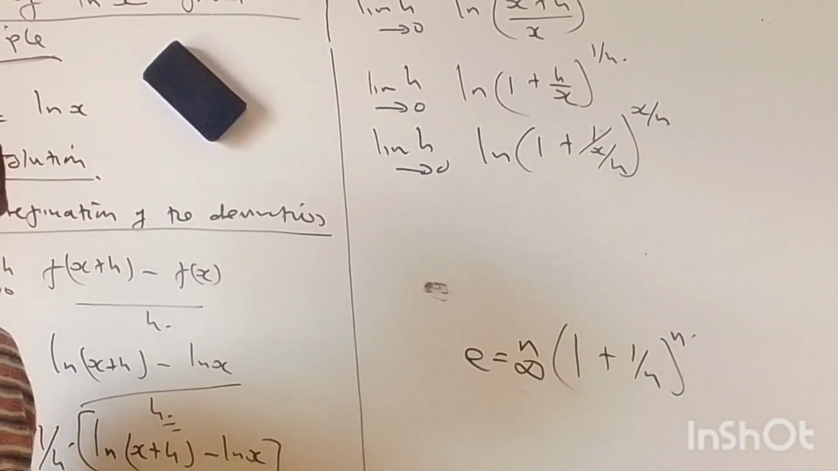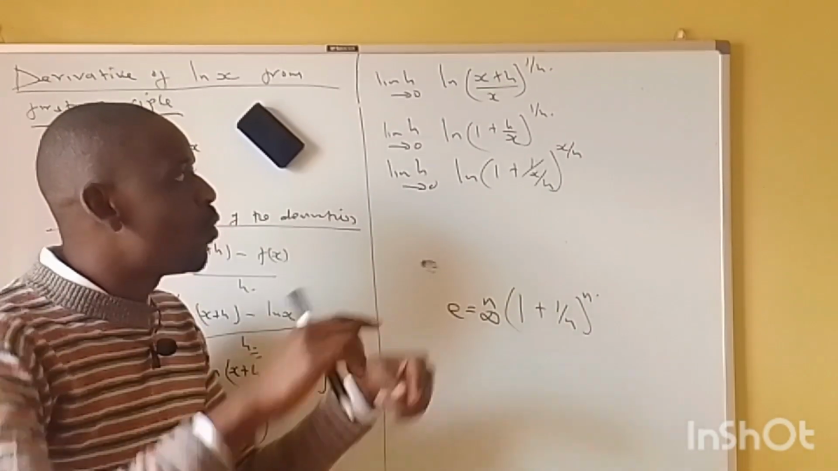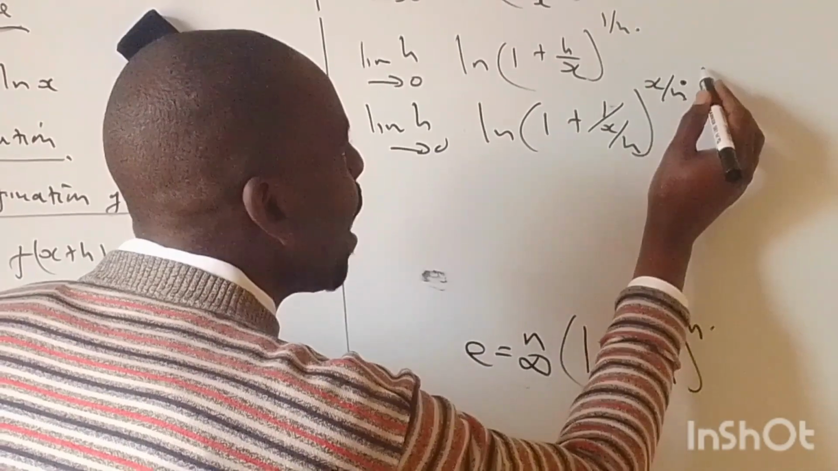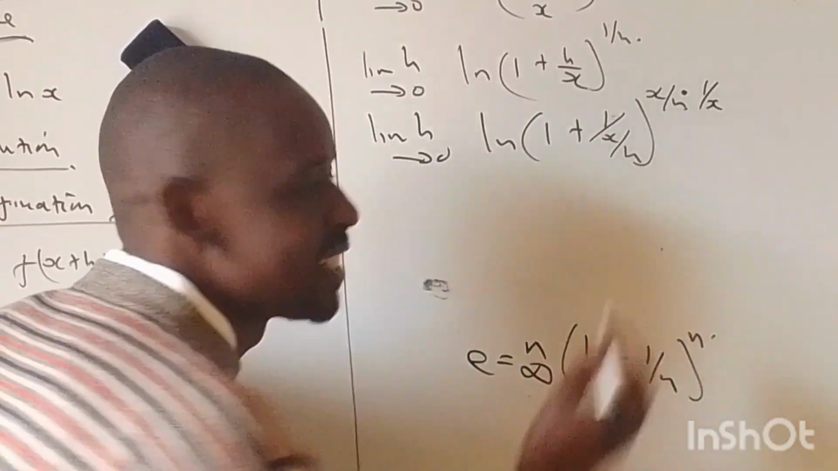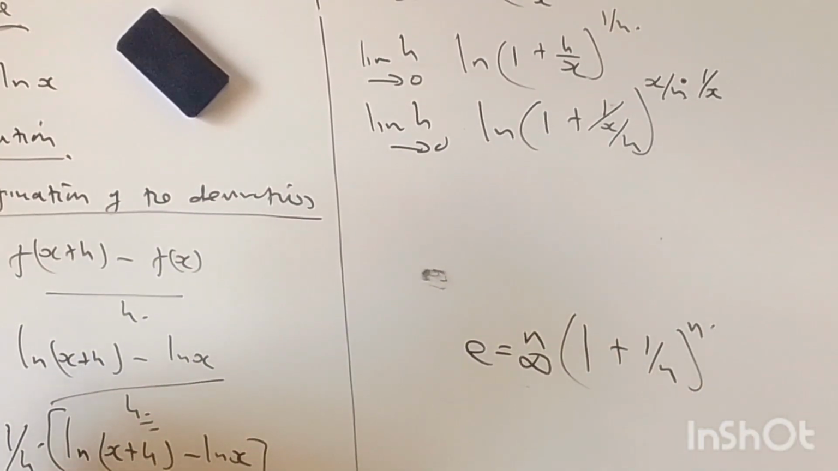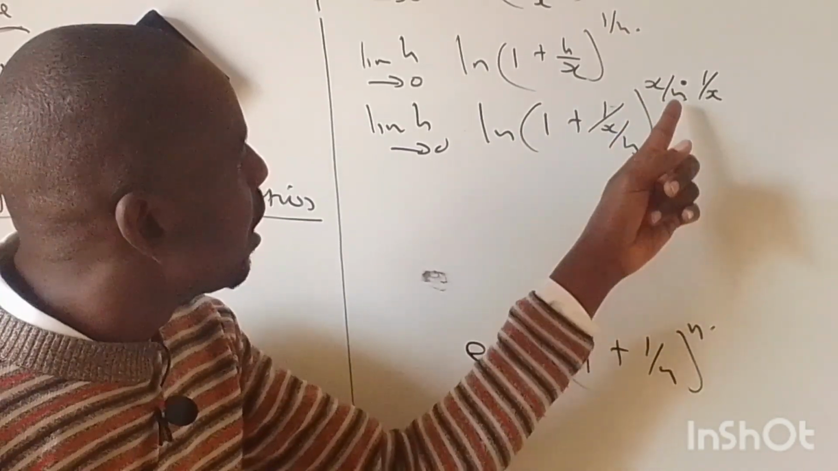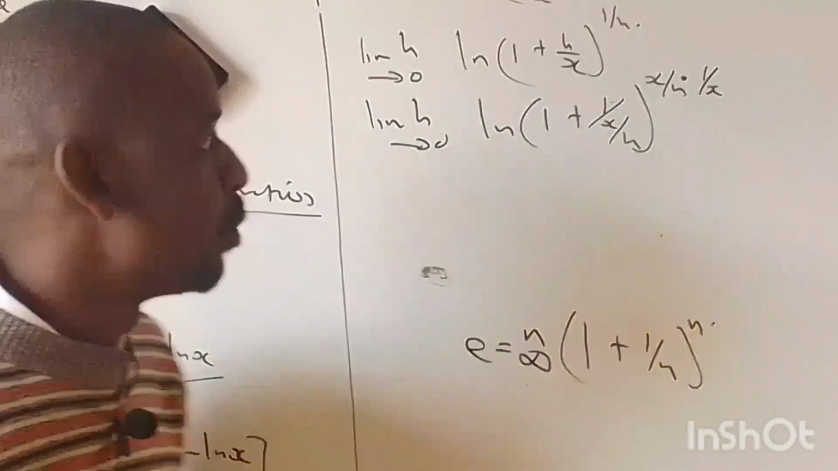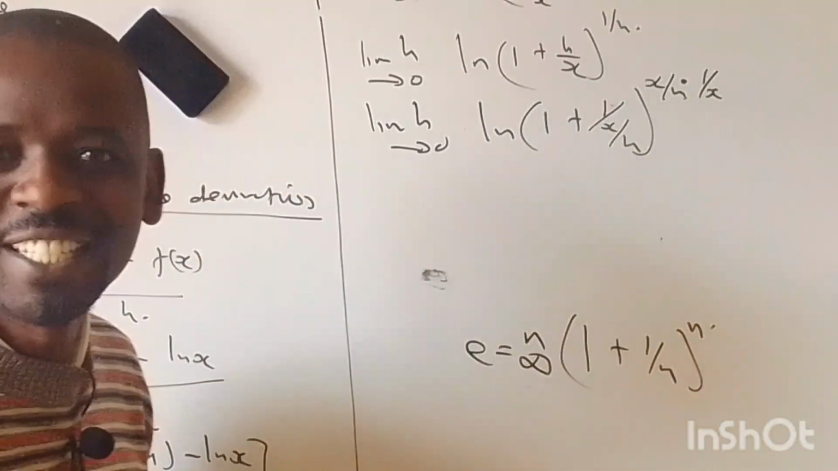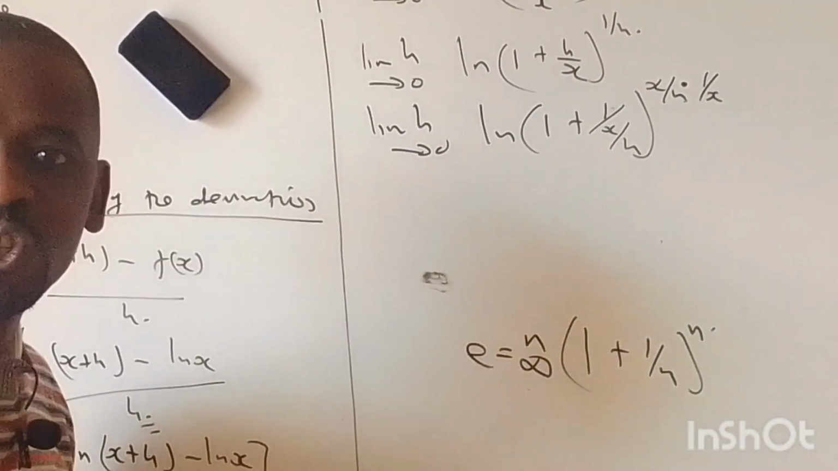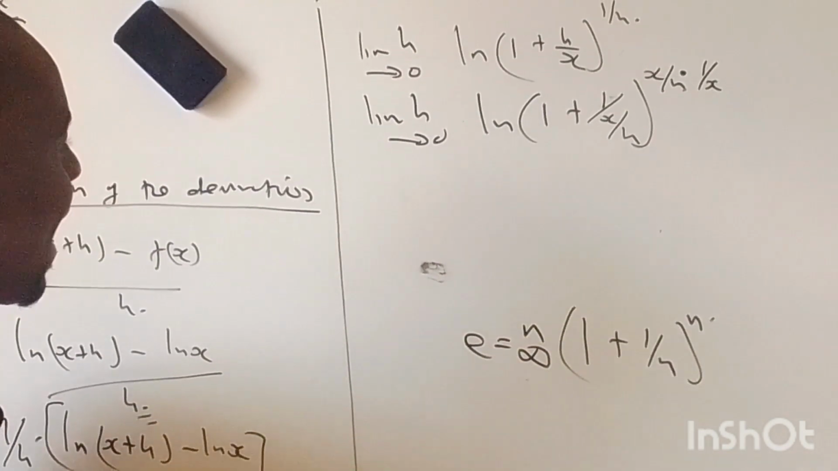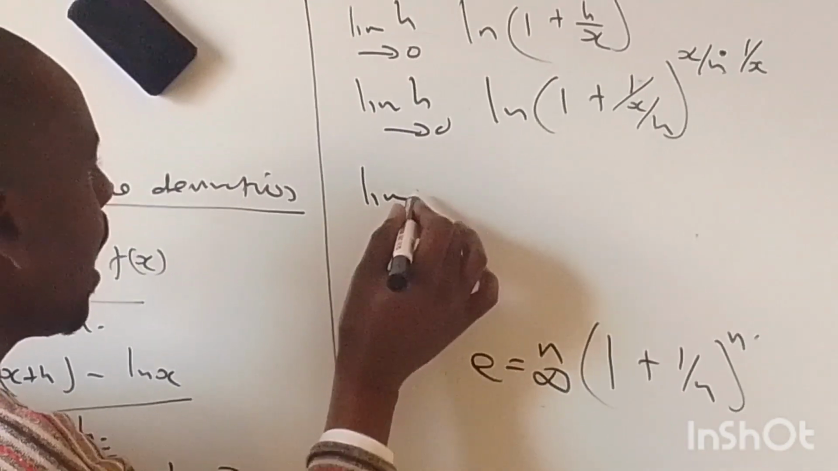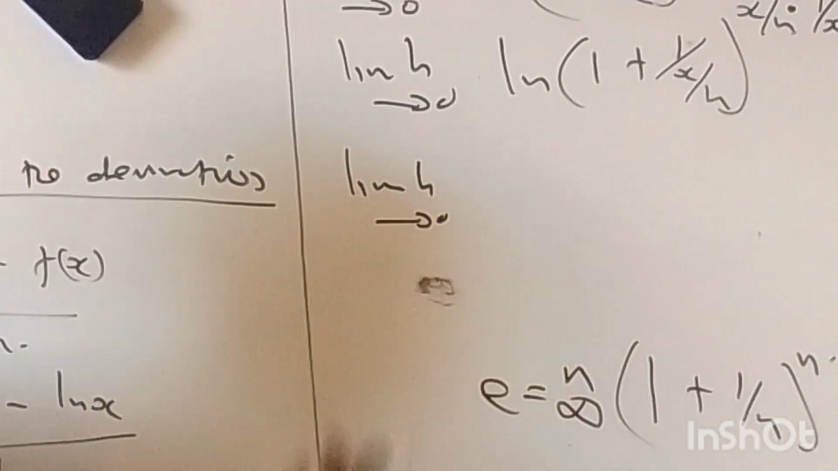But now we have changed everything. For us to get 1 over h, which was initial, I'm going to multiply this by 1 over x. So that when you have x over h multiplied by 1 over x, the x and x will cancel out and leave the system, then you remain with your initial value, which is 1 over h. So as the limit h is tending to 0,